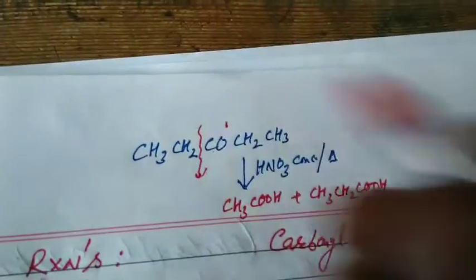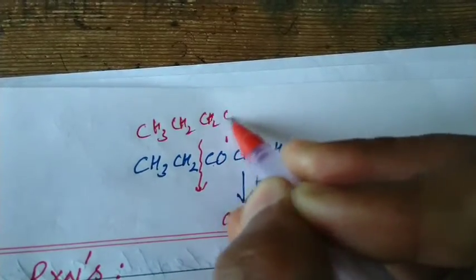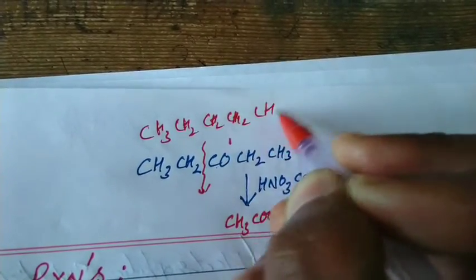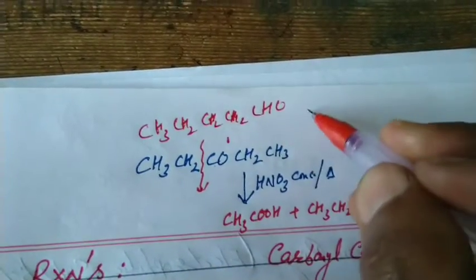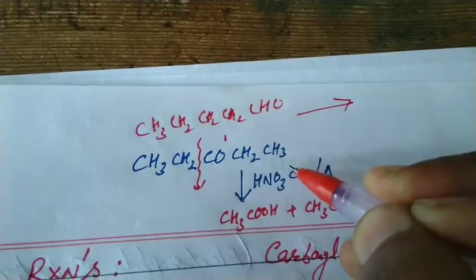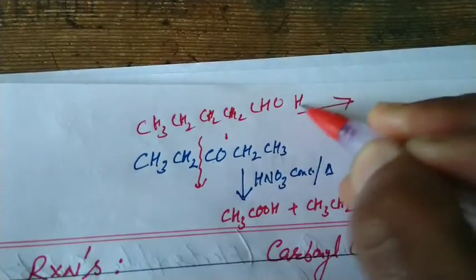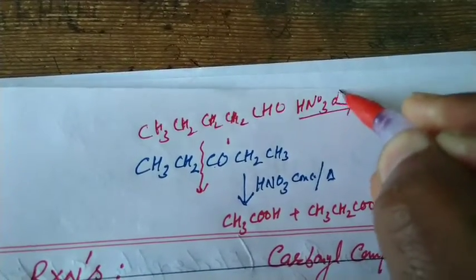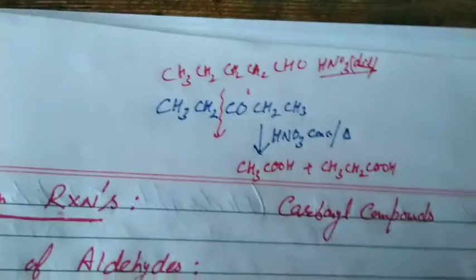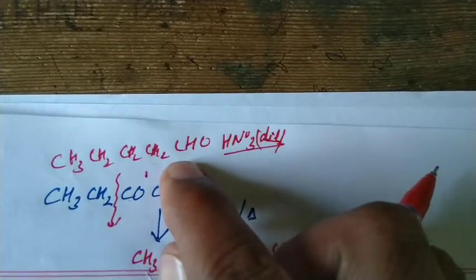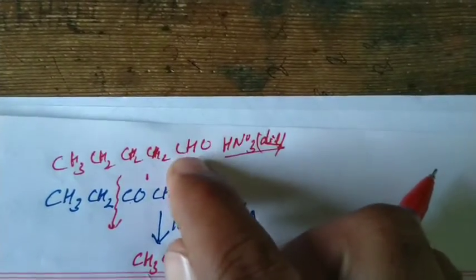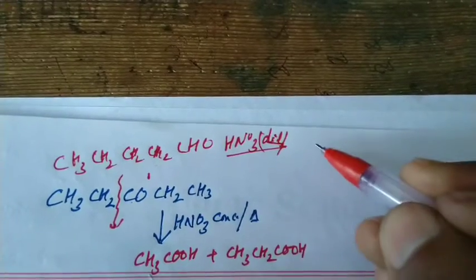If we oxidize CH3CH2CH2CH2CHO, pentanal, it is pentan-3-one, it is pentanone. Ketones and aldehydes: ketones are oxidized under drastic conditions, aldehydes under normal conditions. We use dilute HNO3 or we may use acidified potassium dichromate solution. But in aldehydes, the carbonyl carbon is linked with a hydrogen atom on one end, that is CHO, which changes to COOH. We got pentanoic acid.